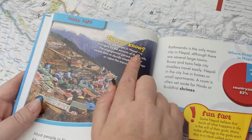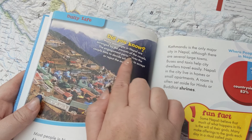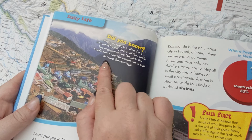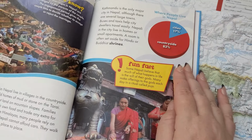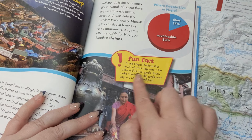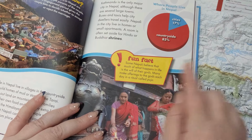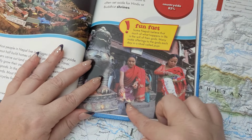It says, did you know? Many marriages in Nepal are arranged by the parents of the couple. The engagement period gives the couple time to decide whether to accept or reject the marriage. And fun fact, some Nepali believe that much of what happens in life is the will of their gods. Many make offerings to the gods each day in a ritual called puja. You can see here she's lighting